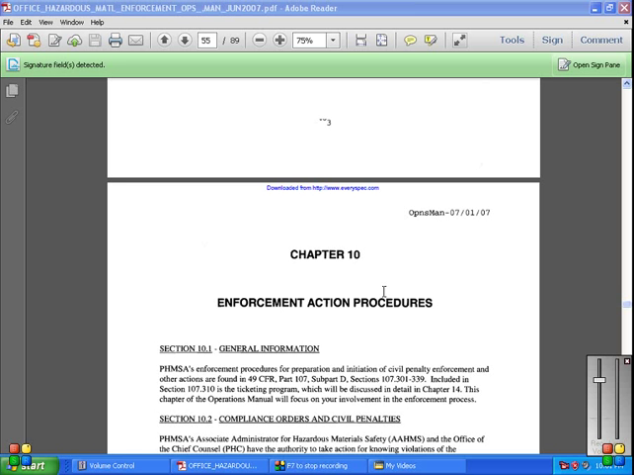Chapter 10, Enforcement and Action Procedures. Section 10.1, General Information. The PHMSA Enforcement Procedures for Preparation and Initiation of Civil Penalty Enforcement or Other Actions are found in Title 49 CFR Part 107 Subpart D and Section